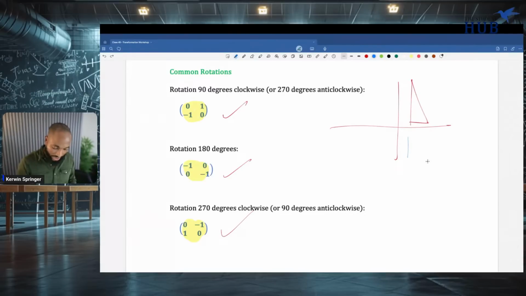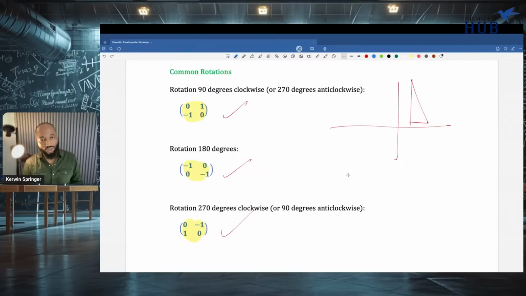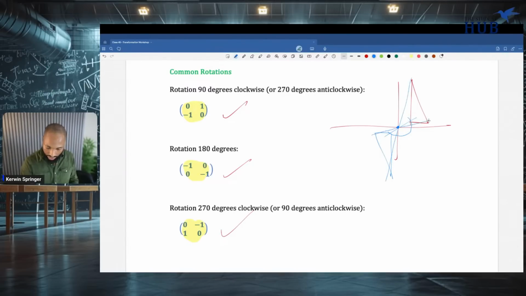If I want to rotate it 180 degrees, visualize that one. Where do you think this will go if I want to rotate it 180 degrees? All the way around, and you'll end up like this. Now, that's if I'm using the origin, right? So you use your compass and you go 180 degrees for each one of them. Am I doing the right thing? Yes, connect, yes, correct. So your rotation will end up like this.